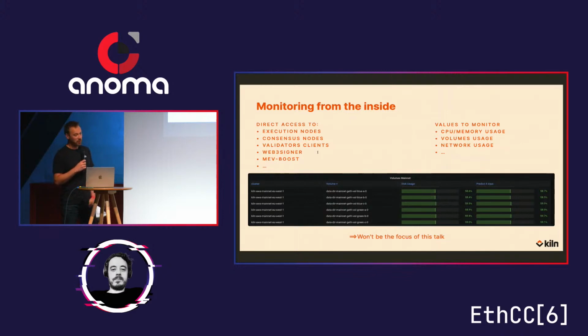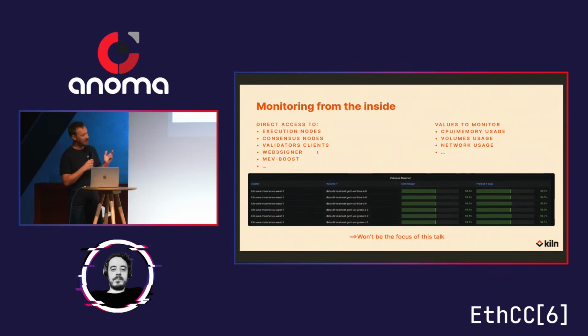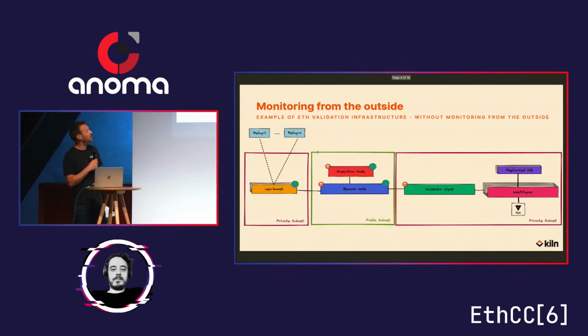Very quickly, what is monitoring from the inside? When you have validation infrastructure, you have some execution node, you have some consensus layer nodes, validator clients, and so on. And you can monitor very easily CPU, memory usage, volume usage, network usage. And this is really easily done by tools like Prometheus and Grafana, for example. And here, just a quick example of our Go Ethereum node, the disk usage. So I won't focus on it today, on monitoring from the inside,